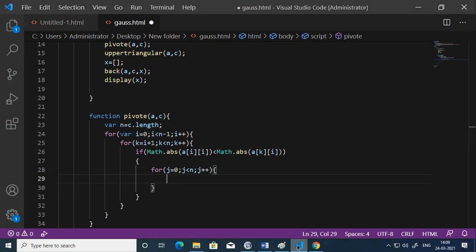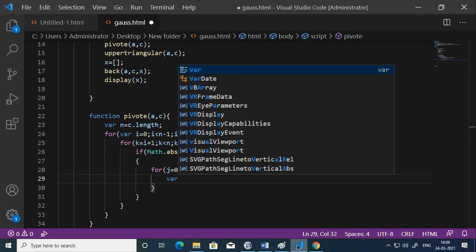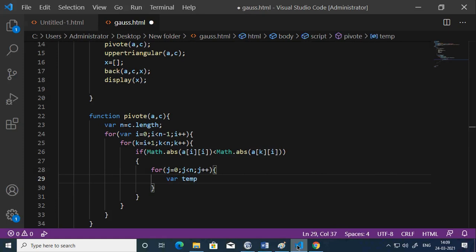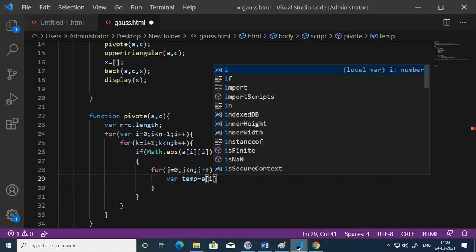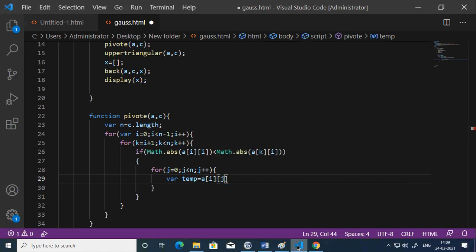Now what I have to do? I have to exchange. So I create a temp variable, temp equal to a of i j. Temp equal to a of i j.